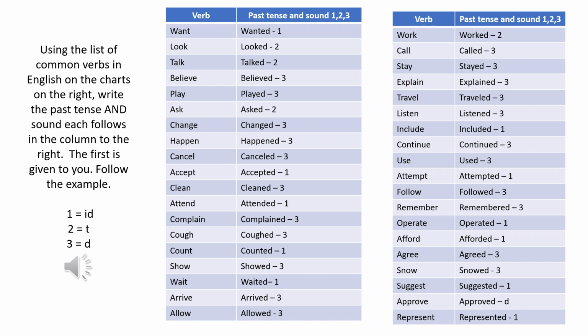Here are the answers to the previous exercise. That is, using the list of common verbs in English on the charts on the right, write the past tense and sound each follows in the column to the right. The first is given to you. Follow the example. 1 would be id, 2 would be t, 3 would be d. Listen as I pronounce these verbs in the